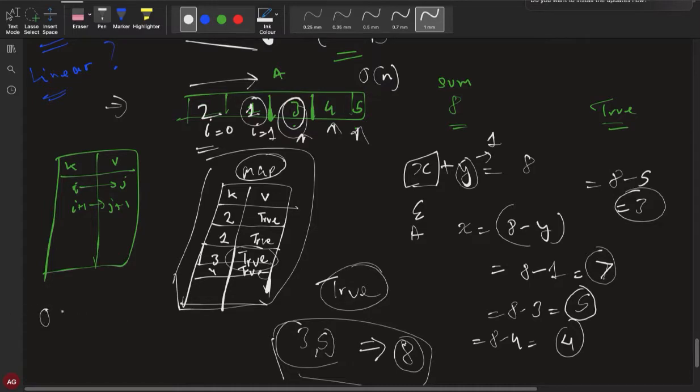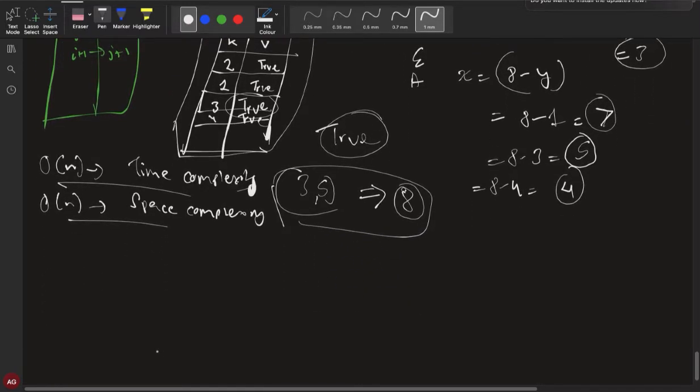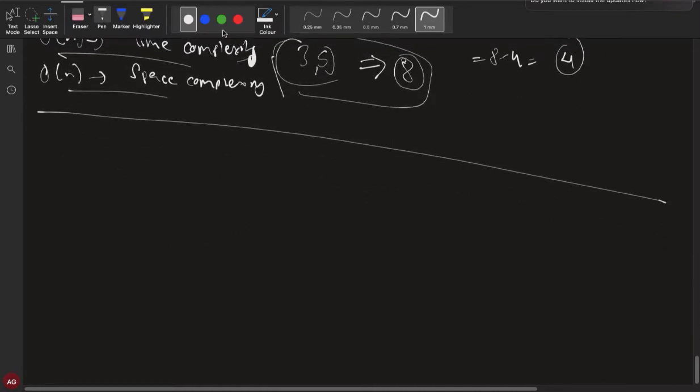So the time complexity will be order of n, and the space complexity will also be order of n, right?